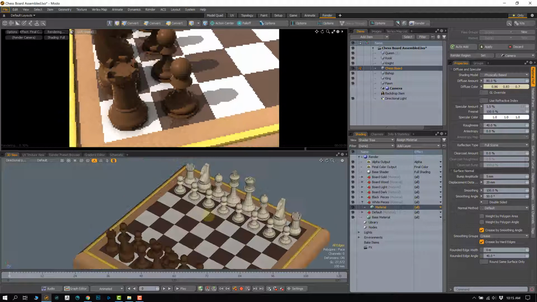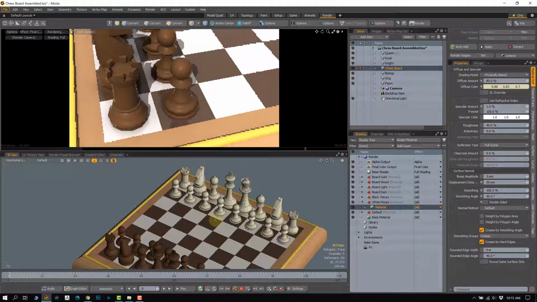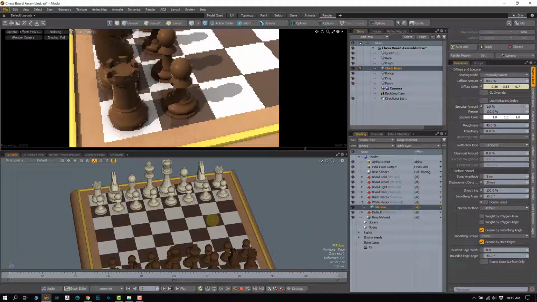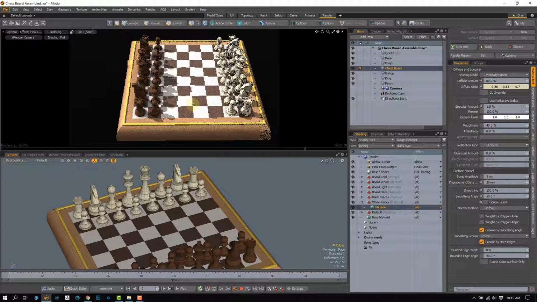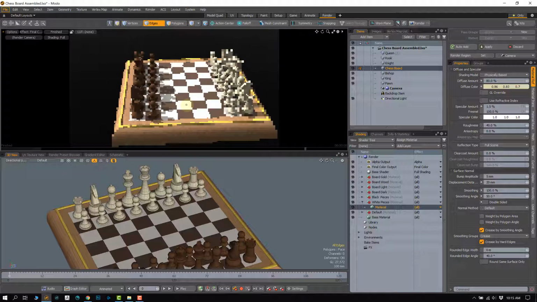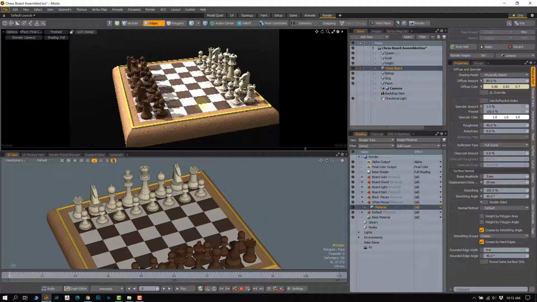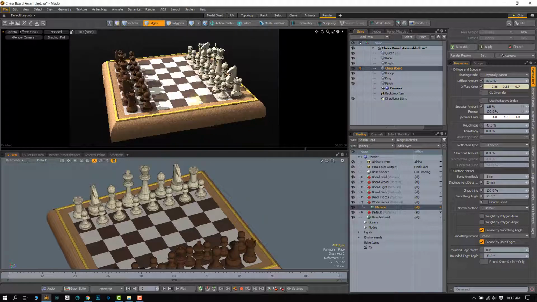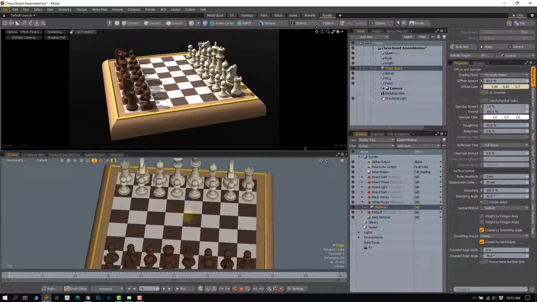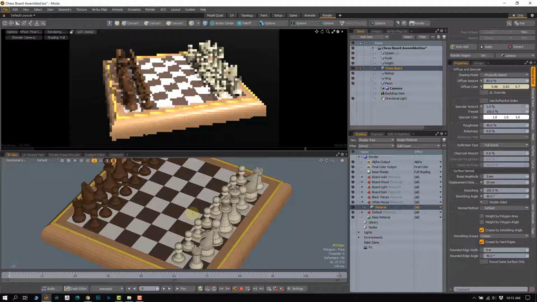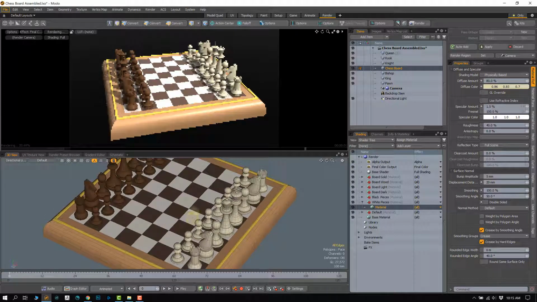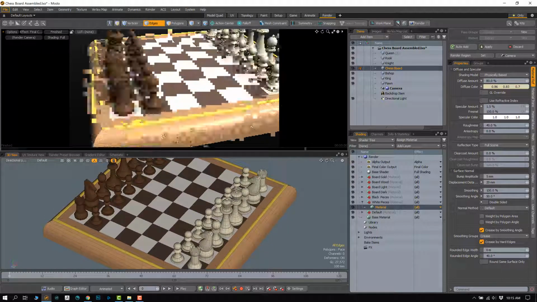So now, as I rotate around the board, I can get different degrees of shadow. So now what I can do is I can get kind of my ideal angle. Let's say I want to render it from this angle right here. Now I can go ahead and adjust my light accordingly so the shadows are where I want. And again, just looking at these chess pieces,